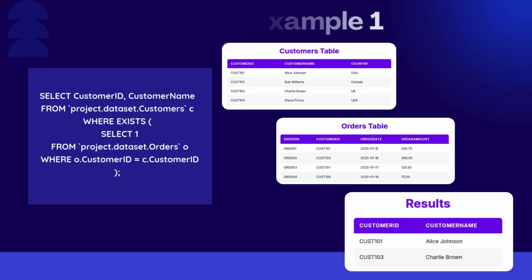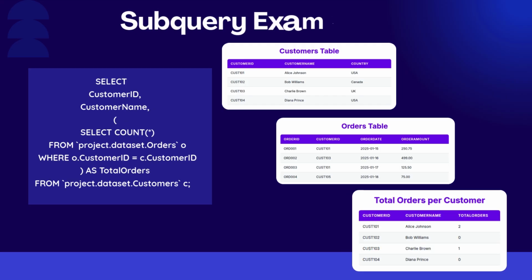Now let's look at another use case. Suppose we want to display each customer along with the total number of orders they've placed. We can do this with a subquery in the select clause. Select customer ID, customer name, (select count(*) from orders O where O.customer ID equals C.customer ID) as total orders, from customers C. Here, the subquery counts the number of orders for each customer and returns it as a new column in the